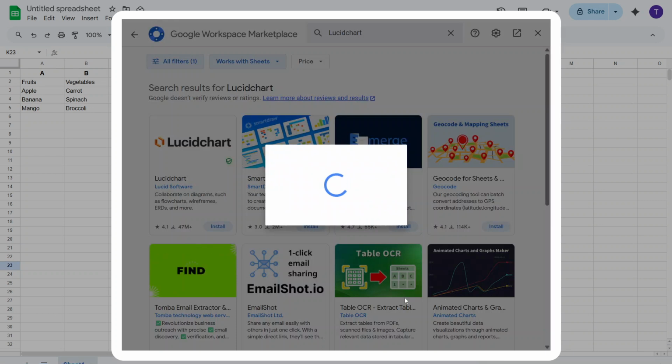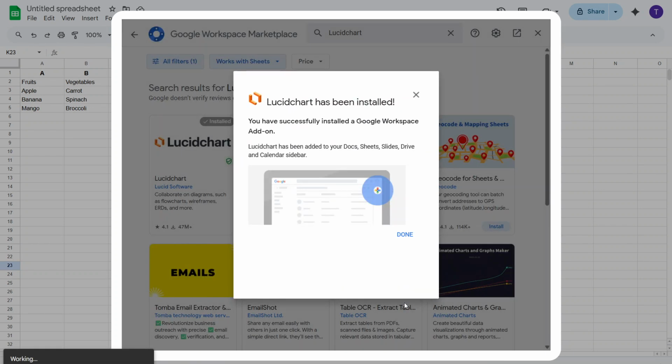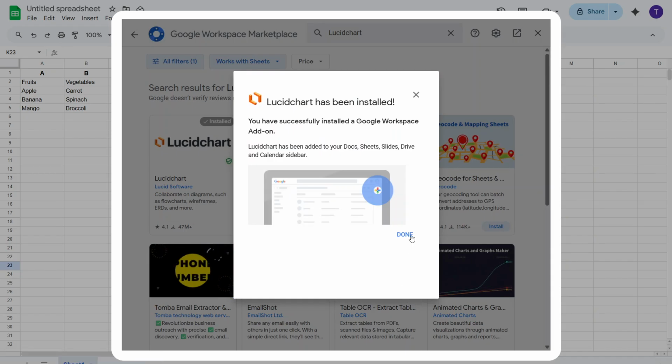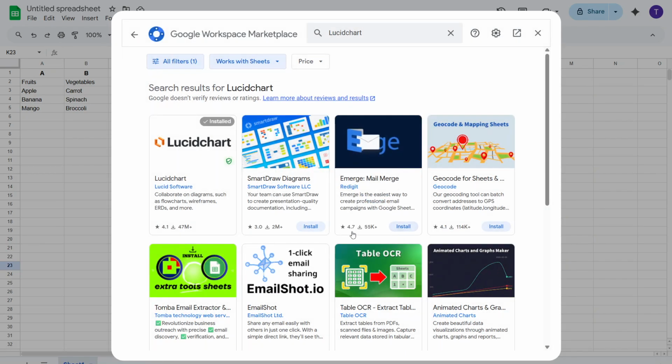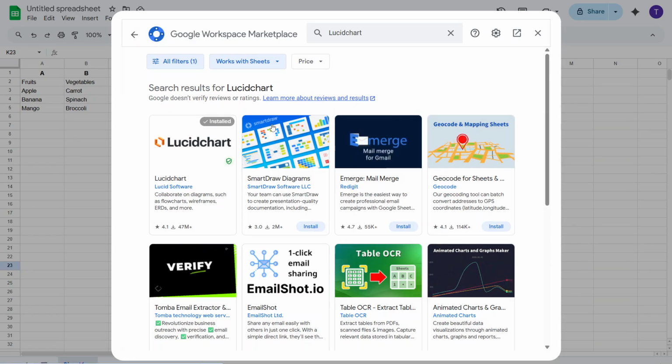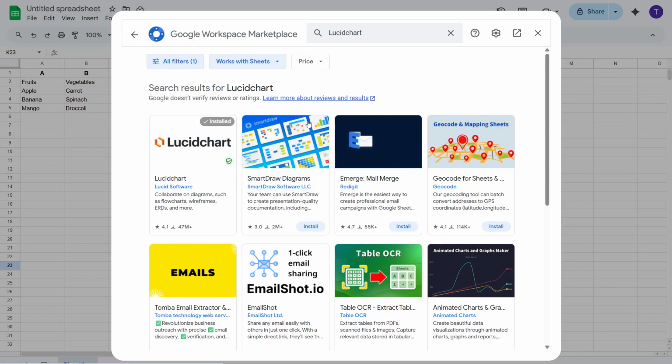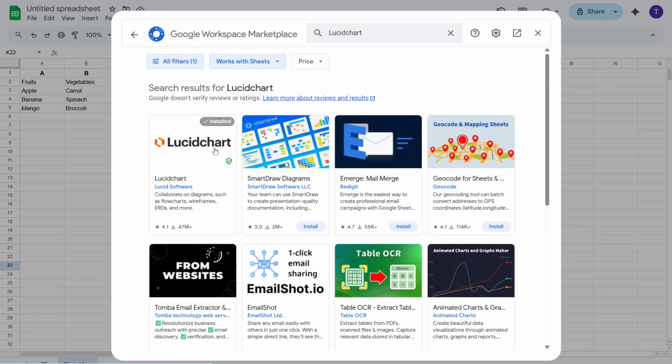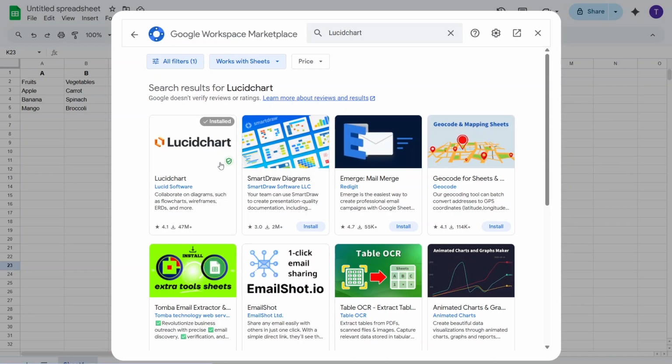And there you have it. You've successfully integrated Lucidchart with Google Sheets. Now you're ready to start creating visually compelling diagrams directly within your spreadsheets. Whether you're working on a complex flowchart or a simple diagram, Lucidchart will significantly enhance how you represent your data in Google Sheets. Make sure to explore all the features Lucidchart offers and see how it can simplify your workflow while making your spreadsheets more